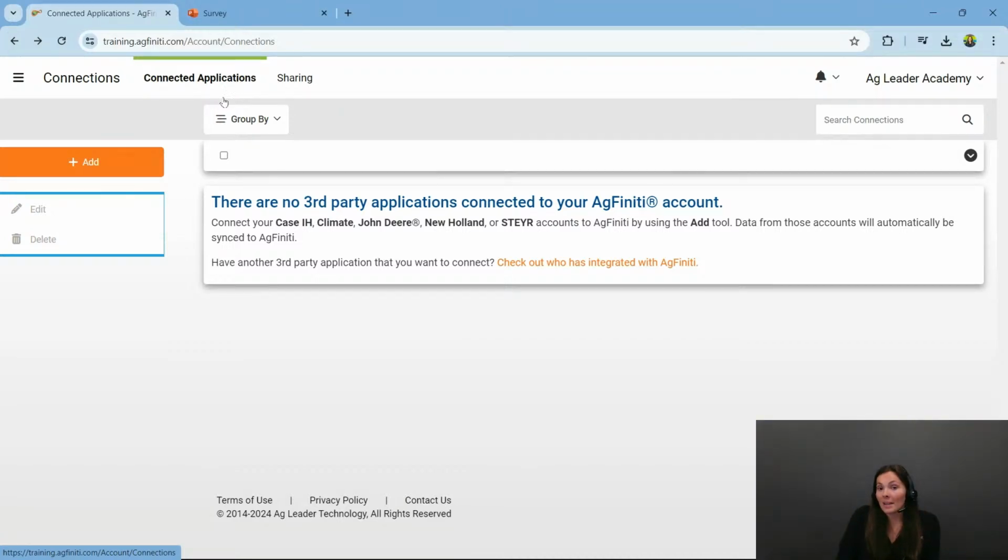The fifth and final way that we can get data into AgFiniti, and it's more of a creative way, is to share data. I'm going to put on my grower hat really quick, and let's say I'm a grower that just finished their planting season. I just have a free account, but I've been logging all my data on my in-command display that is connected to Internet